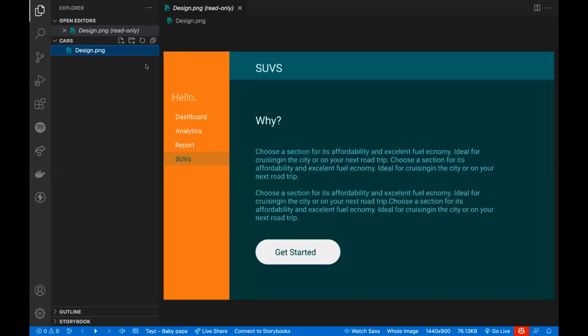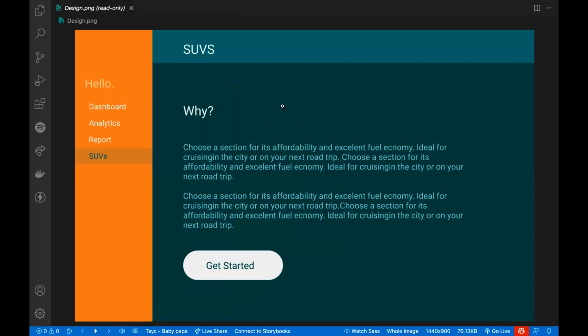Okay, so first of all, what we're going to be doing is thinking about this design right here in terms of, as I told you, there's something called the box model. What we're going to be thinking about here is, if we were to draw boxes on this UI design, this user interface, this web page, how would we create a layout like this, how would we draw boxes around elements in here? So the first thing that we can do is,